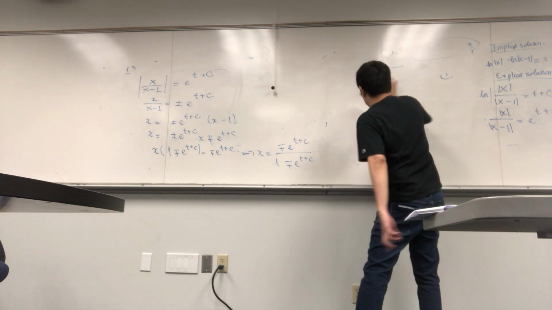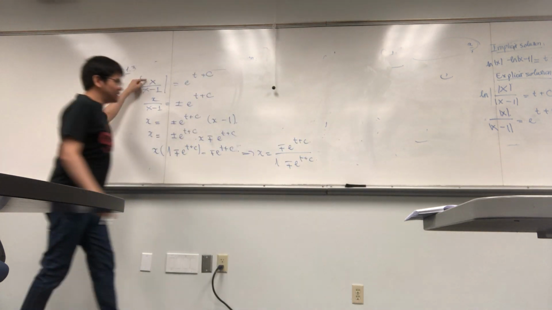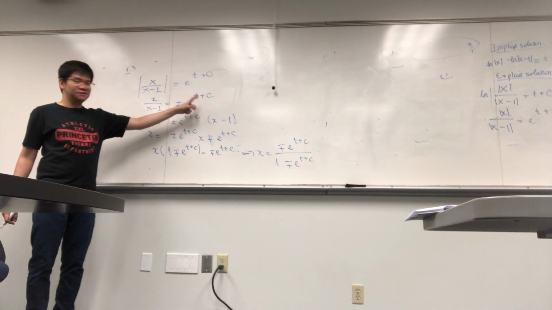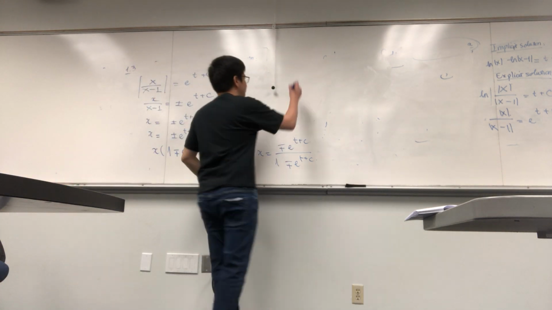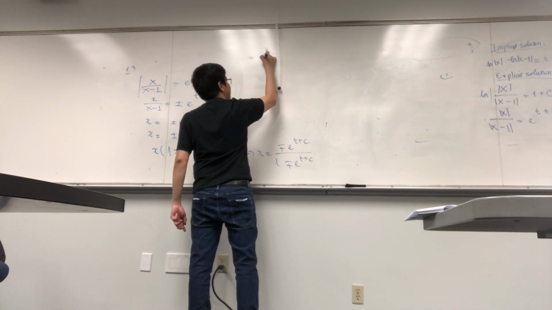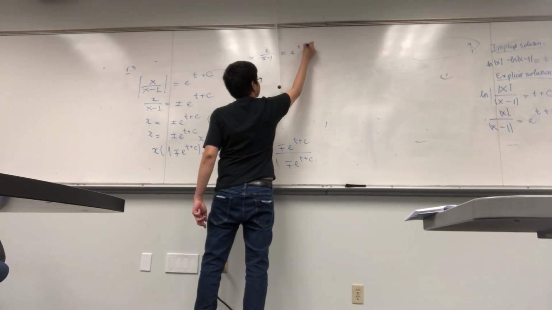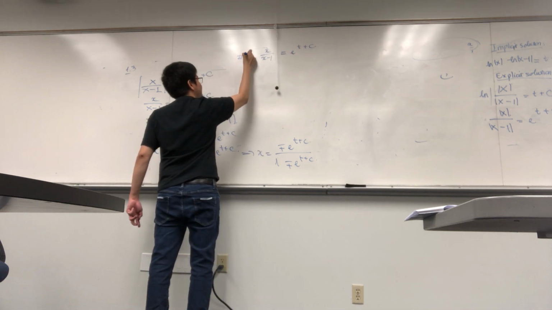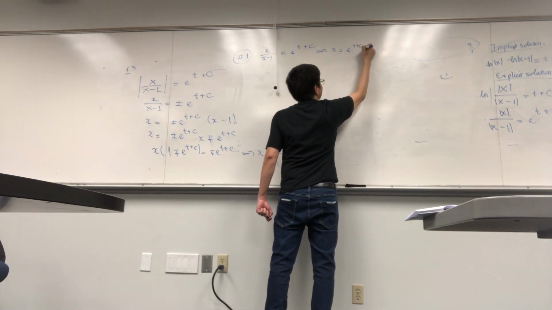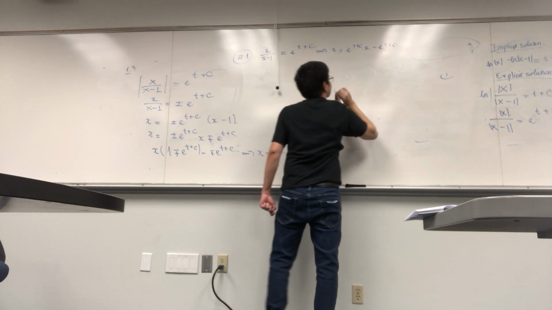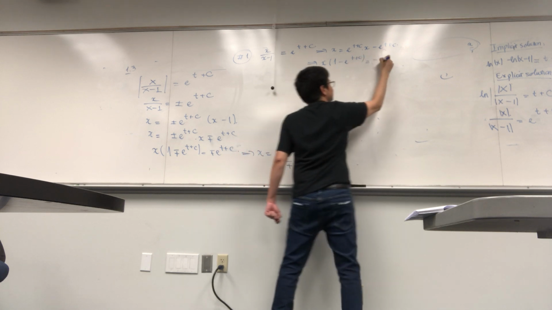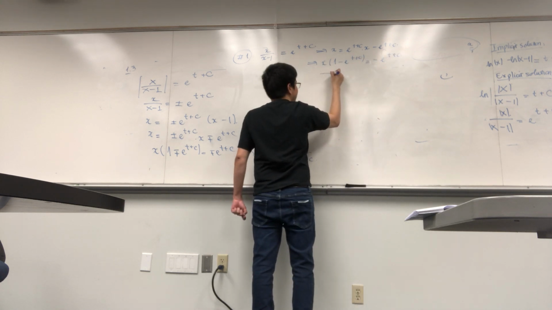Case number 1. So here I have x over x minus 1 is e to the t plus c. So x over x minus 1 will be plus or minus e^(t+c), right? So I consider two cases. Case number 1, x over x minus 1 is e^(t+c). So this means that x is e^(t+c) times (x minus 1). Alright, so this gives me x(1 minus e^(t+c)) is minus e^(t+c). And so this gives me x